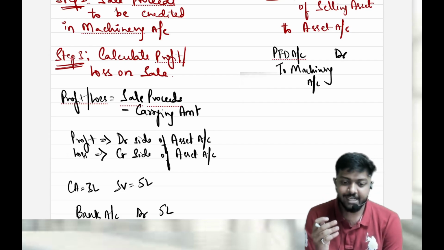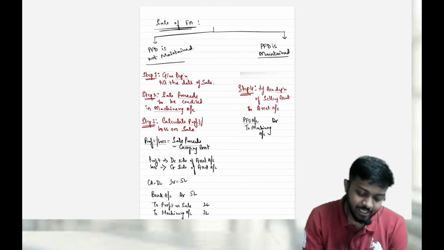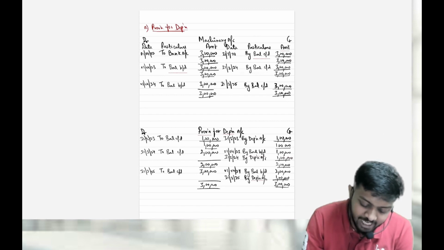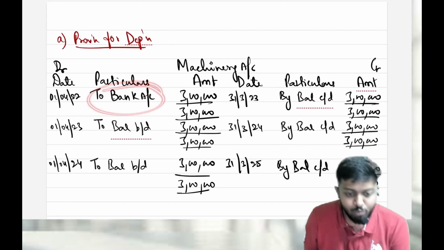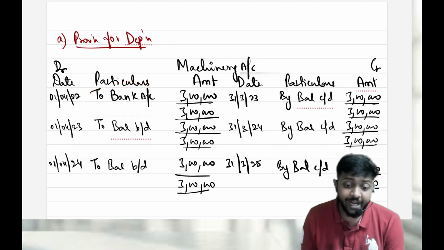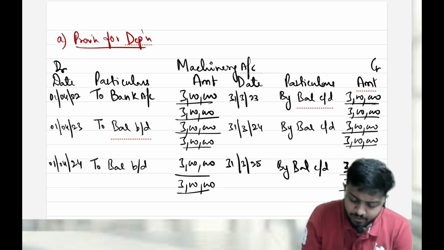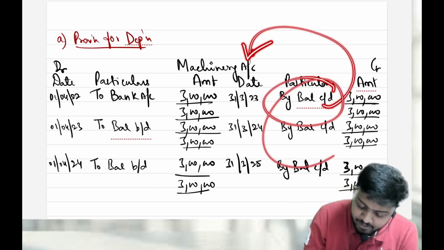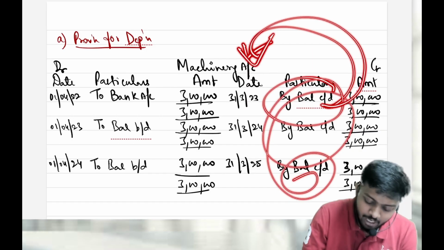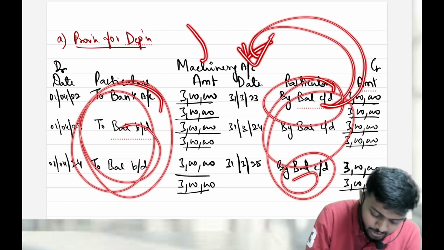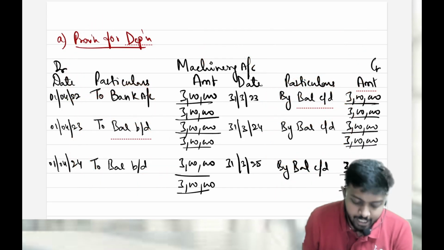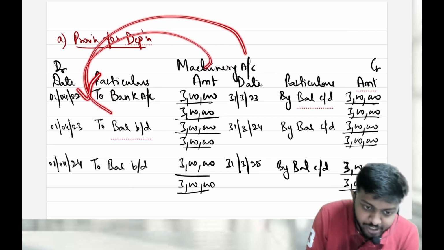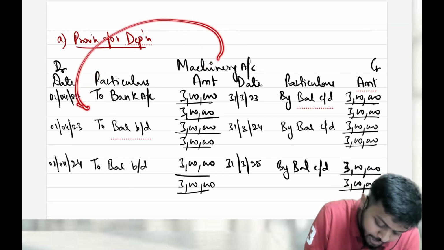How to convert a ledger to a journal? This might be a useful trick to you. Can you see that some random ledger is there? There is one entry here, To bank. This is a ledger posting. How can I convert this into a journal entry? How should I know the journal entry? It always works anti-clockwise. For entries that come on the right-hand side, it is like this. For entries that come on the left-hand side, you have to find the journal entry like this. For example, for this entry I want, it's machinery account to bank only. It cannot be bank to machinery. It becomes clockwise: machinery to bank only.